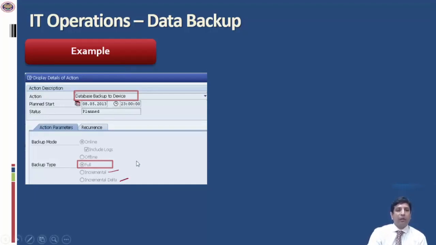So the ideal way to take a backup is a full backup, and it includes the online and also the logs. Logs are basically recovery logs which are helpful in the event of a failure to recover data up to the last point in time. If this is not enabled, then only the backup as of yesterday, assuming that this is a daily backup, will be available for recovery. So here in this case, it is a good example where the company is taking backup, online backup, which includes the logs, and they are taking a full backup and not an incremental backup.